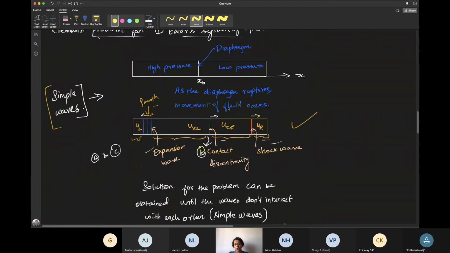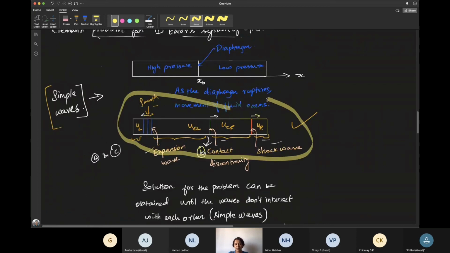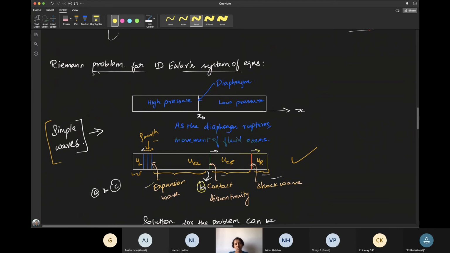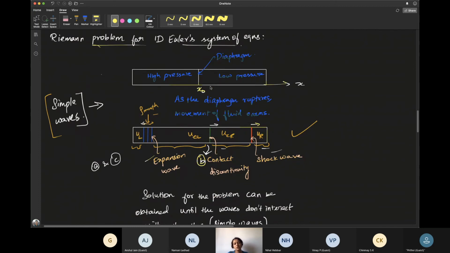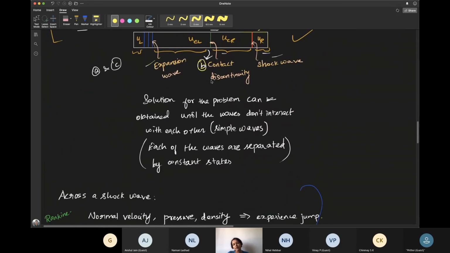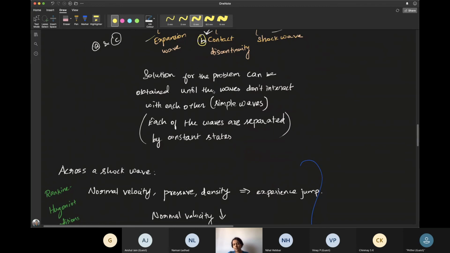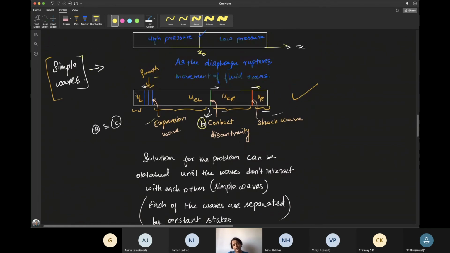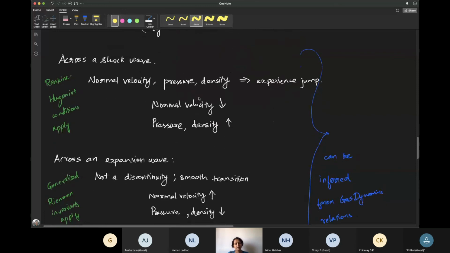So for solving just a simple Riemann problem, this is not a general initial condition, right? This is some specific initial condition where the state is constant on either sides of the discontinuity. Even for such an initial condition, to solve the characteristic form of Euler's equations, we need to assume simple waves, and then we need to go on with some iterative schemes to find the exact solution for this problem. So yeah.